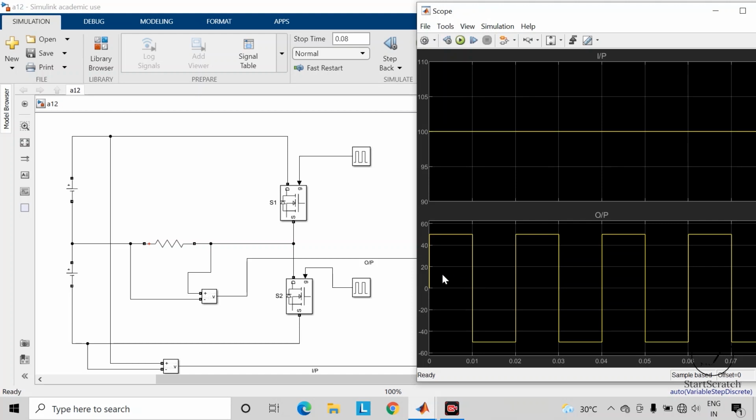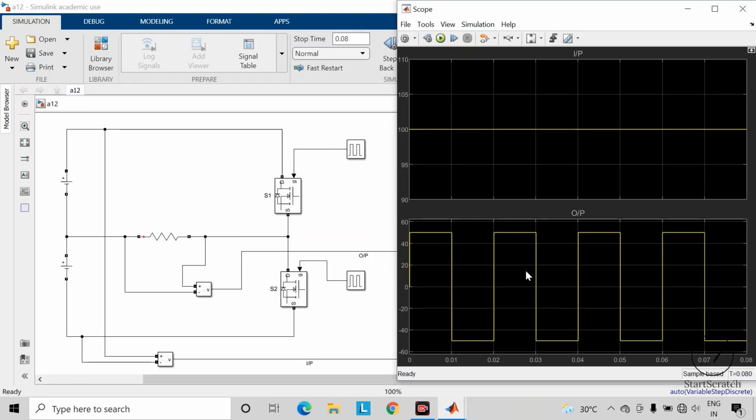Now if we consider this duration from 0 to 10 milliseconds, during this period our switch S1 will be conducting and current will flow through this closed loop. Now if we consider this time duration from 10 milliseconds to 20 milliseconds, the switch S1 will get turned off and the switch S2 will get turned on. So during this period, current will flow through this lower loop and direction of current flowing through this load will get reversed. So it will flow from this lower supply voltage to this load, and then from this switch S2 this current will come again back to the supply side.